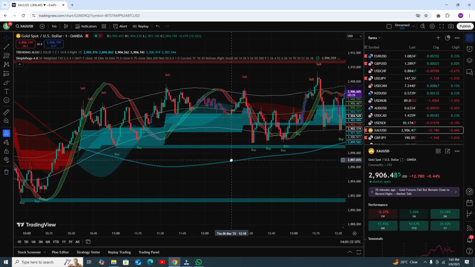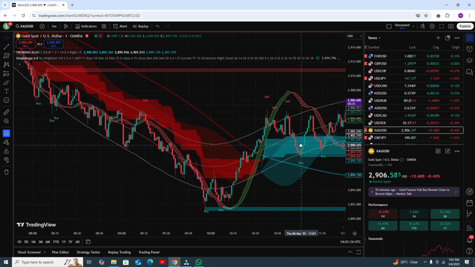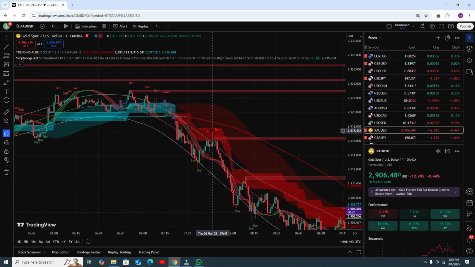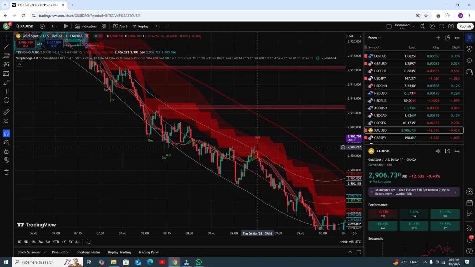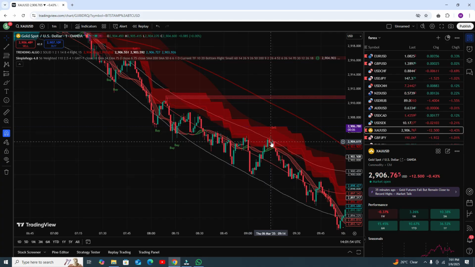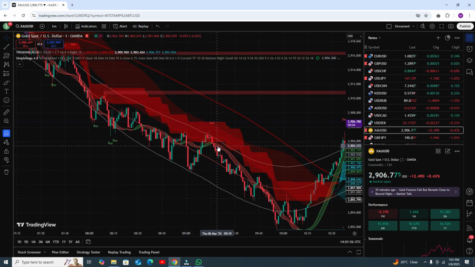Okay, and we need to see the live result as well. Let me show you here. You can see a strong sell condition, RSI is below, and we got the sell signal. So these are weak sell signals, profitable, weak sell signal and profitable. Now this one is a weak signal, but when the candle closes below the RSI ribbon, that is a strong sell condition. You can put your stop loss here and you can book your profit here.